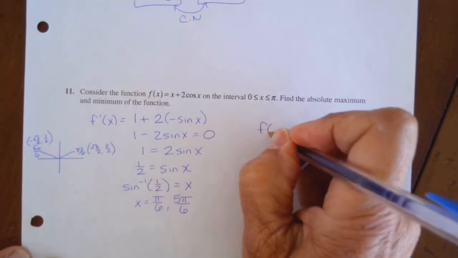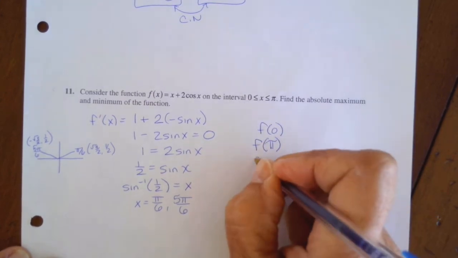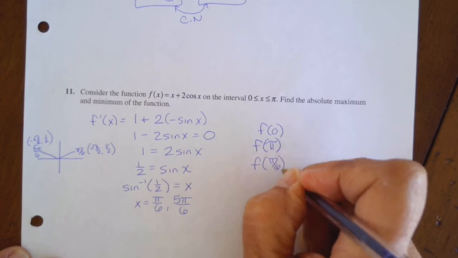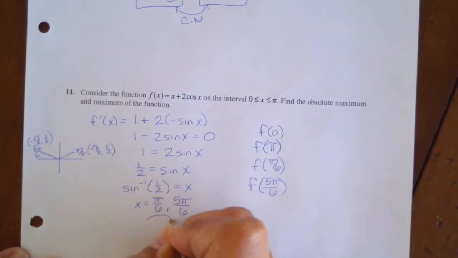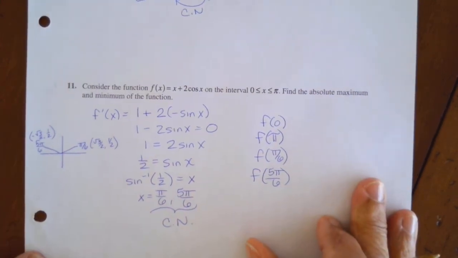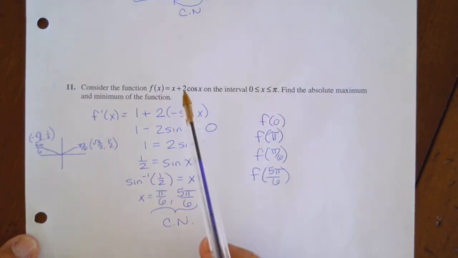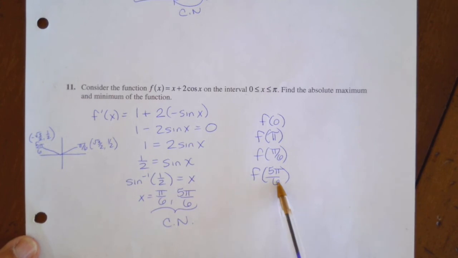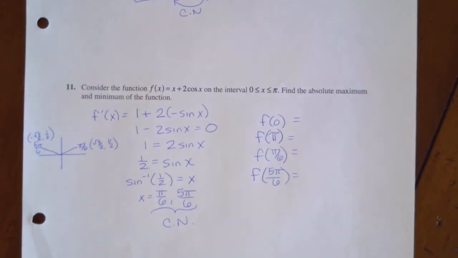We need f of 0, f of pi, and then we're going to do f of pi over 6, our critical numbers, and f of 5 pi over 6. Okay, so remember, these are your critical numbers. All right, so same thing. I'm testing my endpoints here, and I'm testing 5 pi over 6 and 11 pi over 6 here to find my max and mins. So this would be a case where I would probably put this in my calculator, go to y equals,